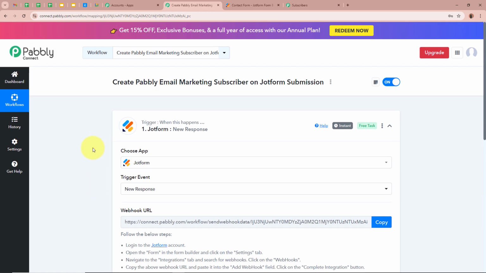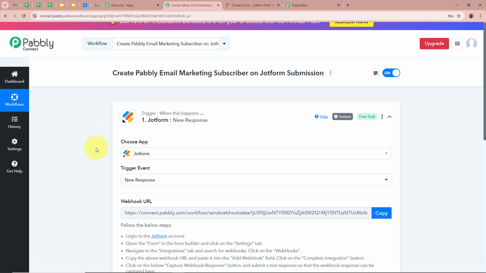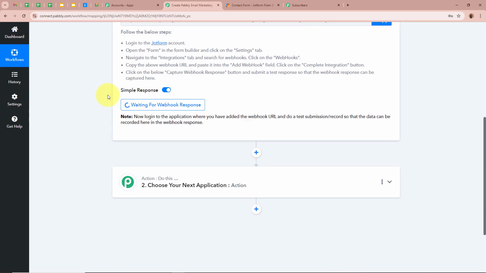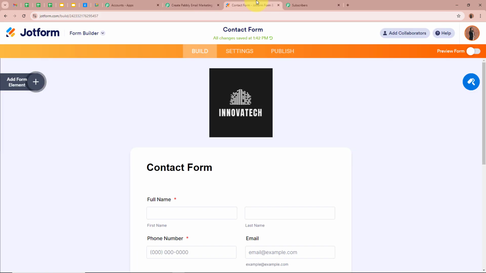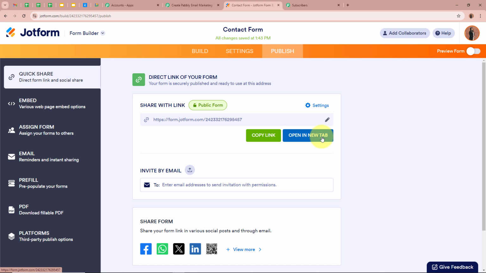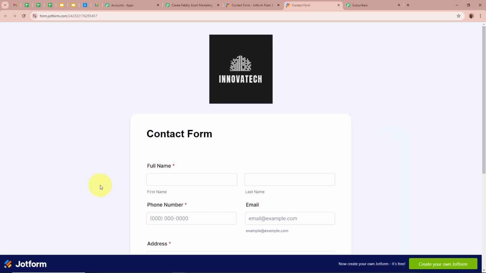So now to check whether the connection between Jotform and Pabbly Connect is successful, we are going to do a test form submission of the form that we have created using Jotform, and we're going to check whether after the submission is done, Pabbly Connect captures the response of the form submission or not. For that, we're going to do a test form submission. From the panel, we have to click on this publish button and open in a new tab button right over here. So this is the form that I've created using Jotform,